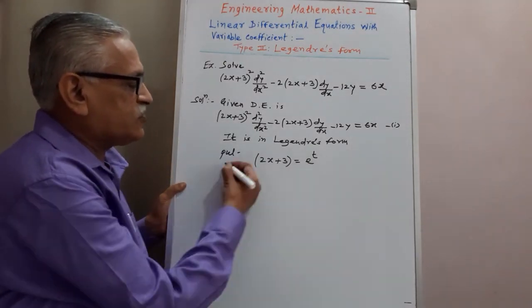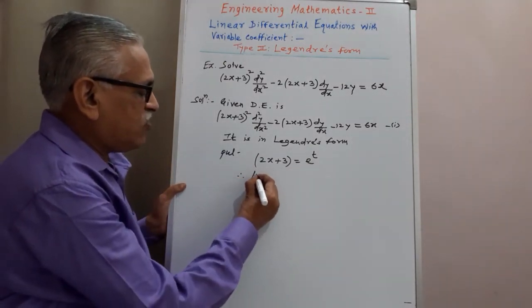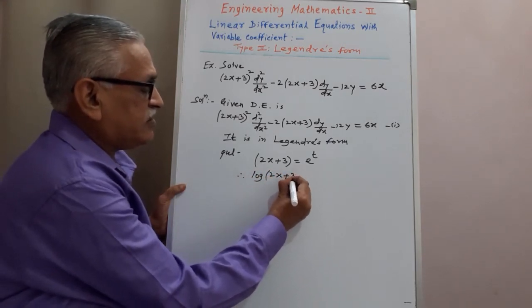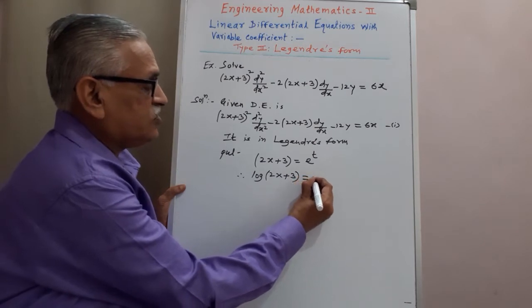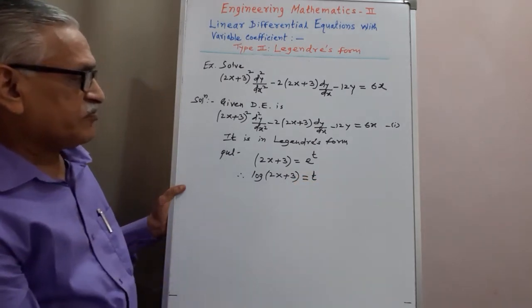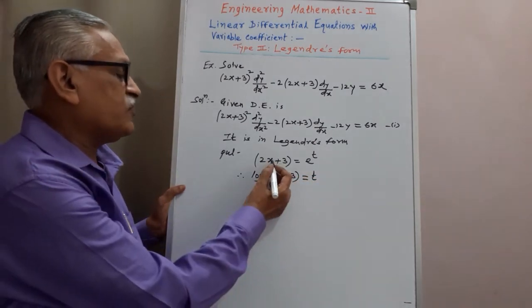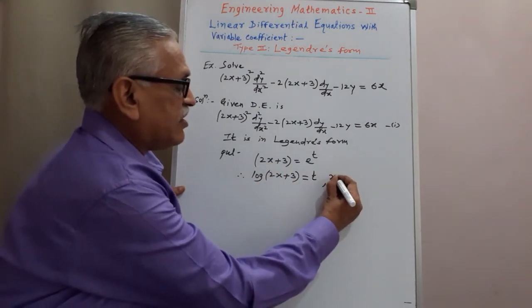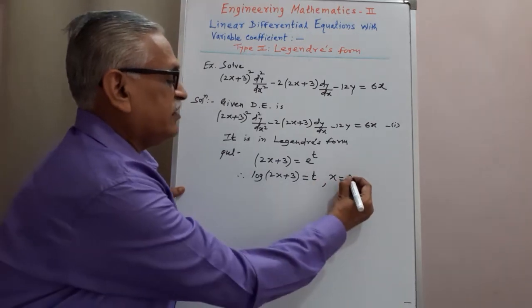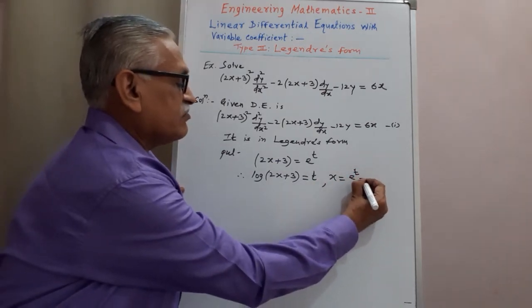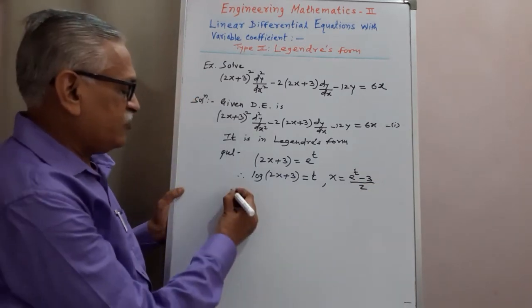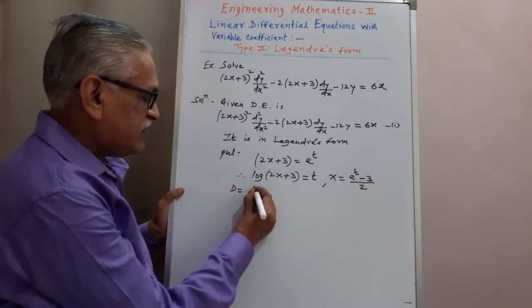Then transferring e to the left side, we get log(2x+3) = t. From this we get the value of x as (e^t − 3)/2, and using capital D for the operator d/dt,